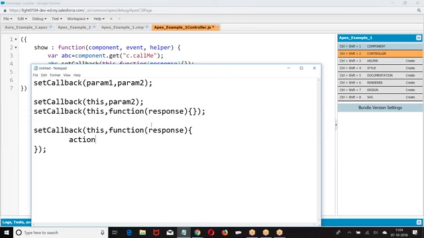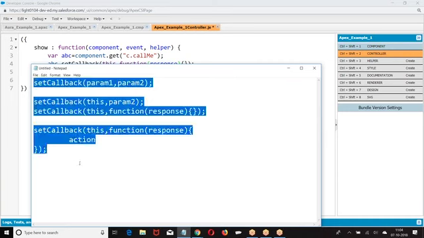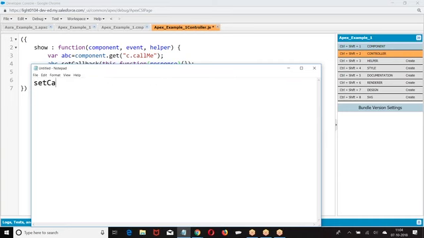People have followed this. Once again, I'll define set callback. What I was supposed to give? Param1. Set callback, this.